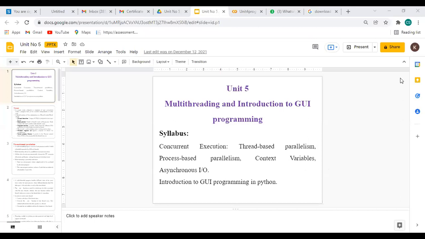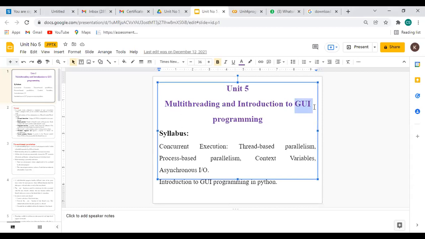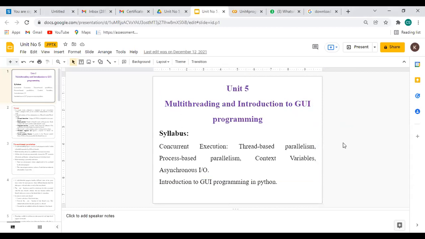In that we have parallelism, means how each and every content runs in parallel. And we have concurrent variables and synchronization of input and output operations. And we have one more concept, GUI program, the graphical user interface program.